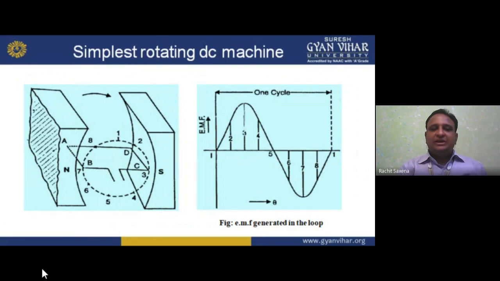Now moving forward, the simplest rotating DC machine. Here we have the north and south pole. This is your field, north pole and south pole, and this is your rotor, which rotates in a loop. So first, second, third, fourth, fifth, sixth, seventh, eighth. In the first position we have zero, no cutting of the flux. In the second we are cutting the flux but not the maximum, so we are getting a starting value but not maximum. In the third, perpendicular like this, at the perpendicular middle position it cuts the maximum flux. So at position 3 we are getting the maximum.